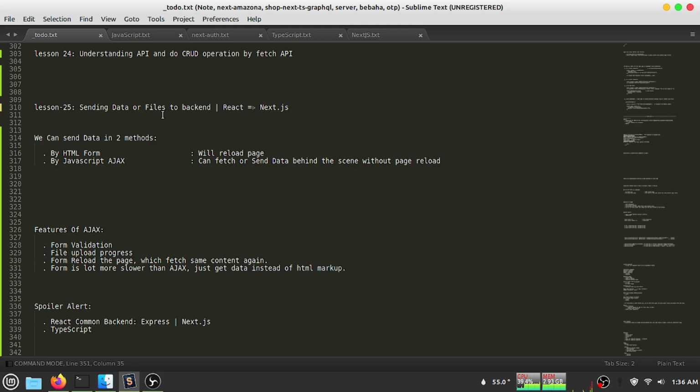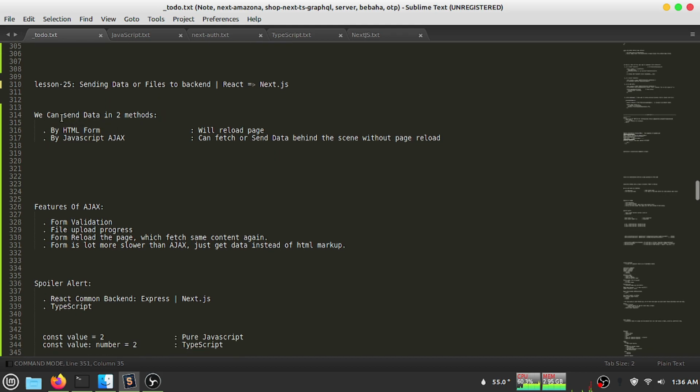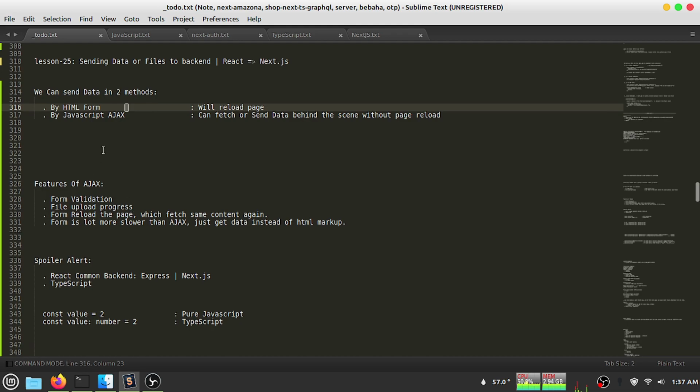When we do that, we have two ways to send our data to the backend. We can use our HTML form, or we can use the JavaScript AJAX method. When we use React or any JavaScript library, it is always better to use the JavaScript AJAX method, because AJAX has features that the HTML